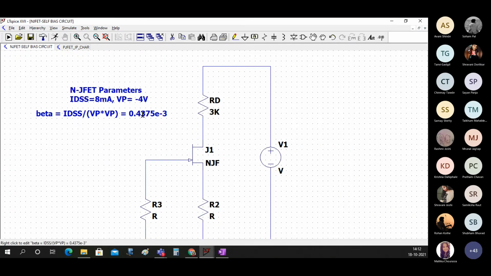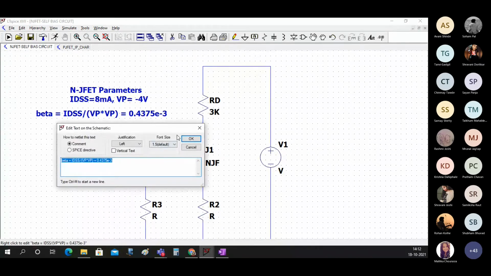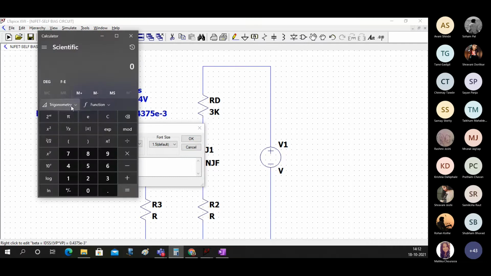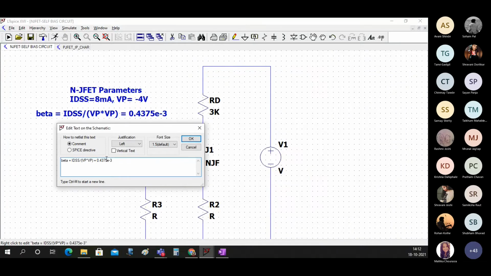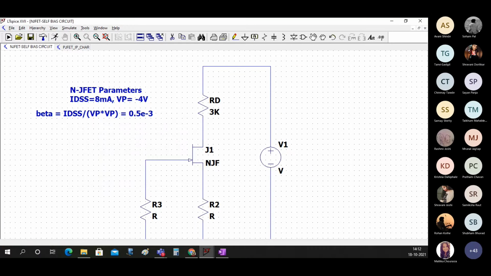So now it won't be 0.5375. You can just calculate this. And what you will get here is 8 divided by 16, 0.5. Here we will have 0.5 E. That's the small change there.